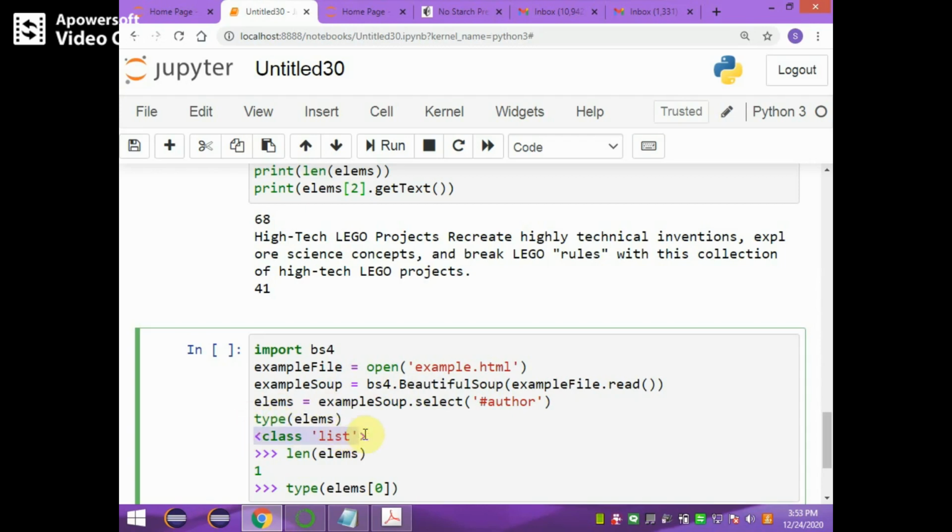Then display the length, display the type of elements 0, and also print elements of 0 dot get text. Try to print.